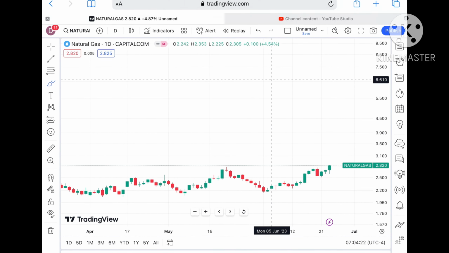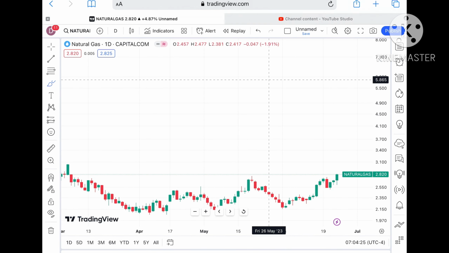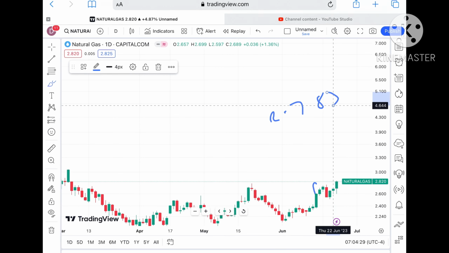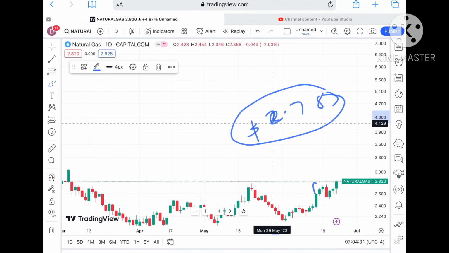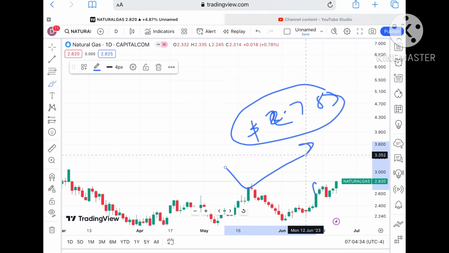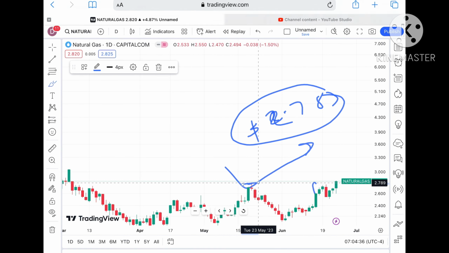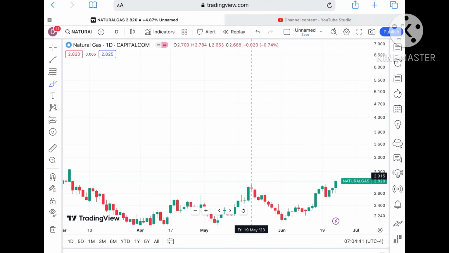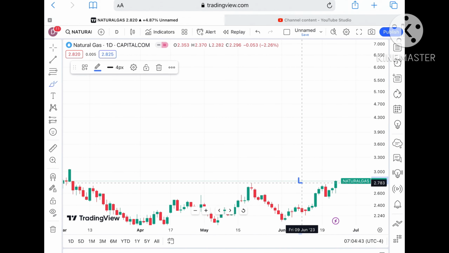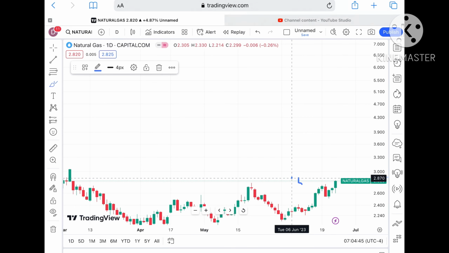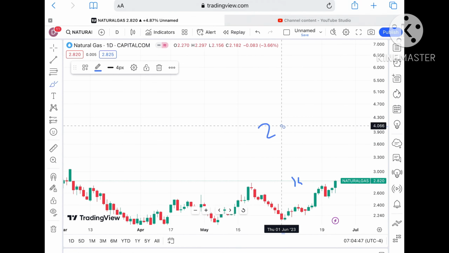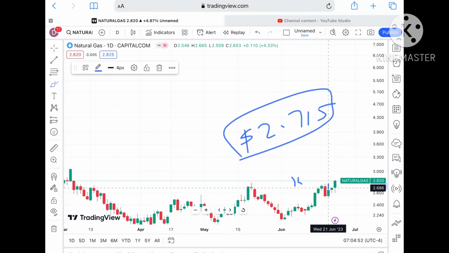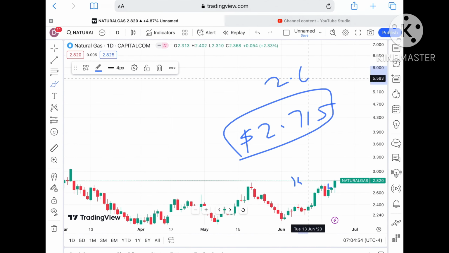Suppose the price doesn't sustain, the next support we can see coming is at a level of $2.783. From this particular level a bounce back can come, so you can book half your profit at this level. But if this level doesn't sustain, then we can see the next support coming at around $2.758 to a level of 2.715, and once the price falls below that level, chances of touching a level of around 2.686 are there.